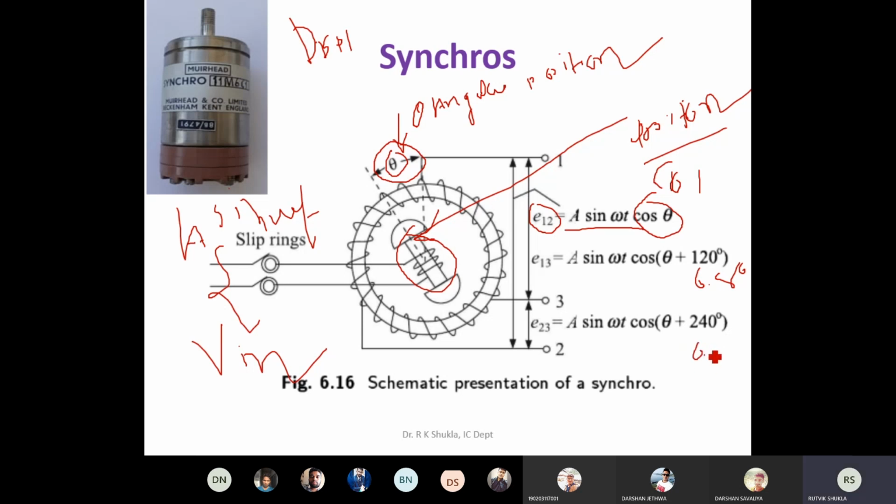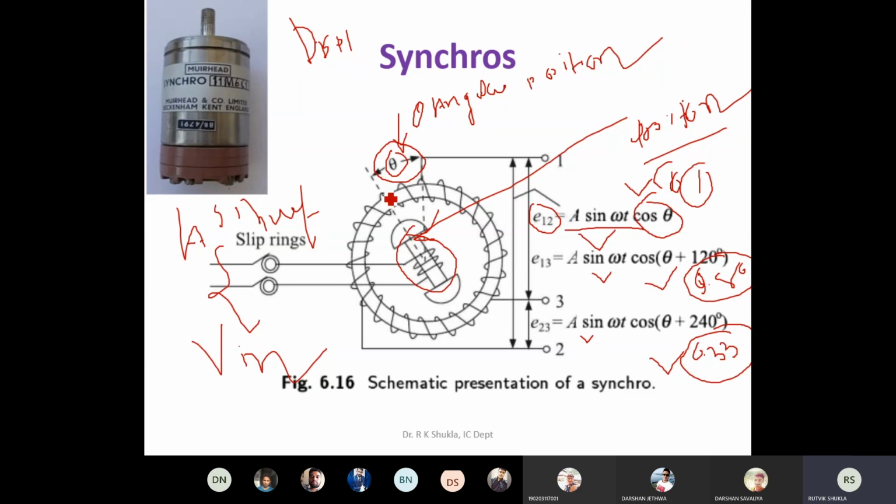Is somewhere around 0.33. Now see the position. When theta is 0, our term is A sin omega t, A sin omega t, while the second term here is 1. 1 means it is the maximum value. Here it is 0.86, which is lesser than 1. Here it is 0.333, which is again lesser than 0.86.